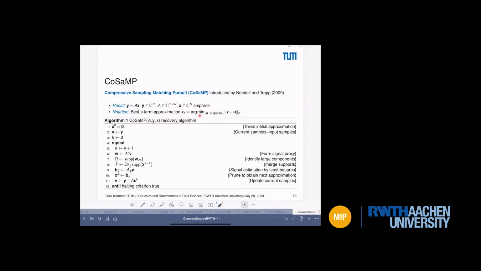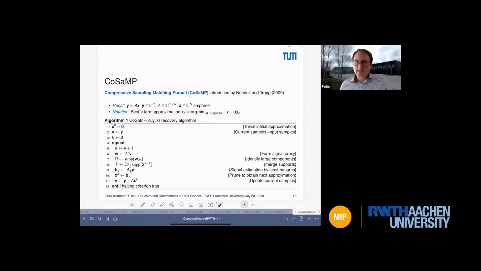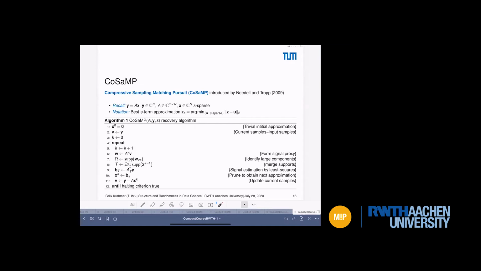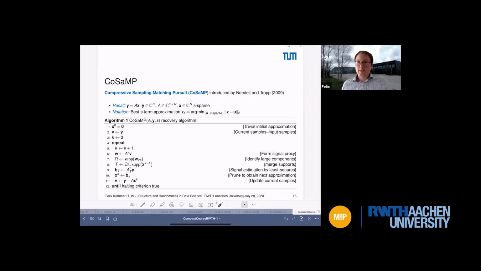I think I would just take the S largest entries of Z as the approximation. Yes, and indeed that's right. I think it is not very hard to show that this is optimal. And I still want to thank you for pointing this out,